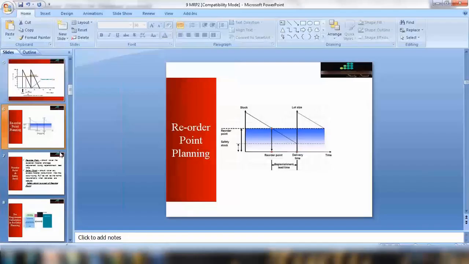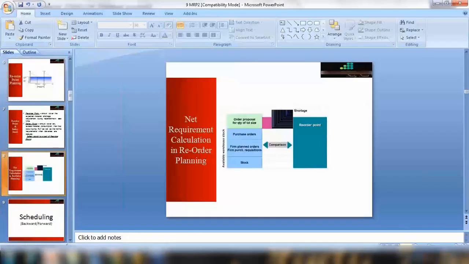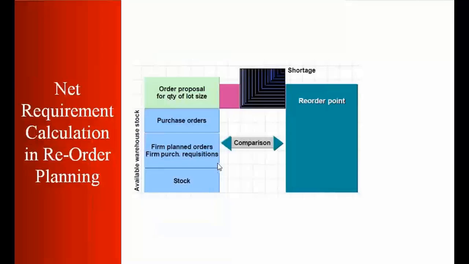So that's all about it. And then there's also a thing called net requirement calculation in the reorder point plan. So what is reorder point plan net requirement calculation? That means, suppose I have a shortage. Okay, say I have a shortage here. That means